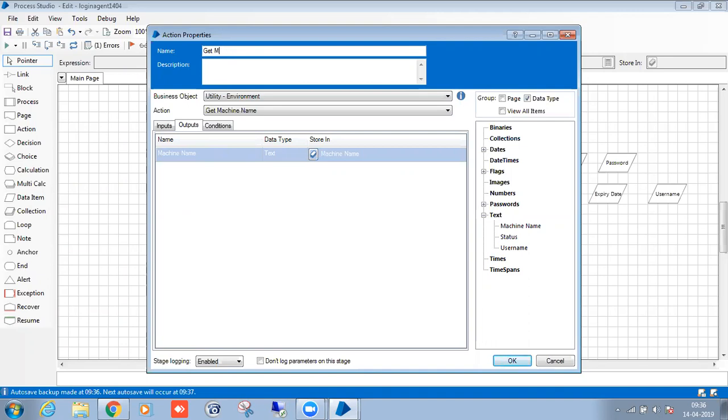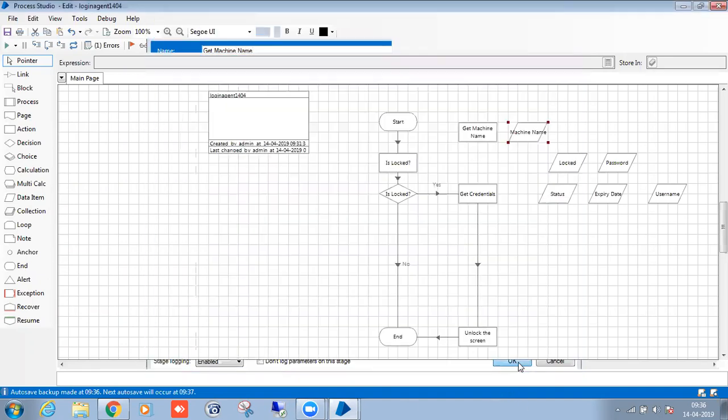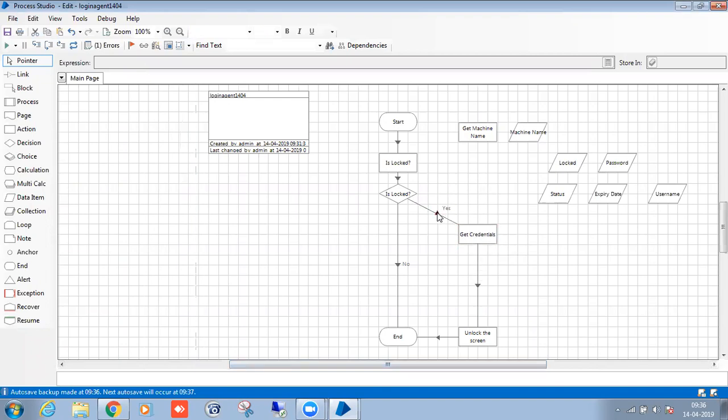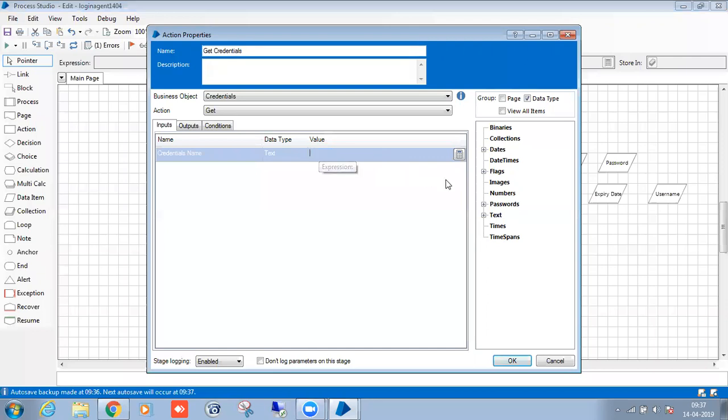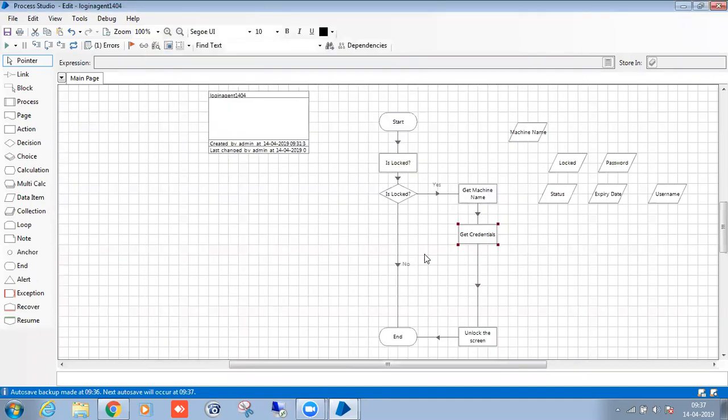Suppose if it's a different VM, it will take that machine name and execute it. So it works dynamically. We no need to give the credential number directly. Here we'll give the machine name. So according to the machine name, the credentials they're going to create it. Okay. Now no issues. So if it's a different VM also, it will work.